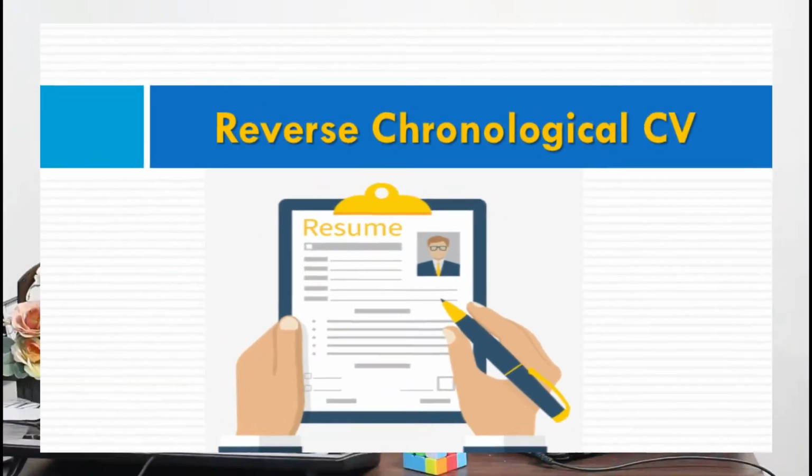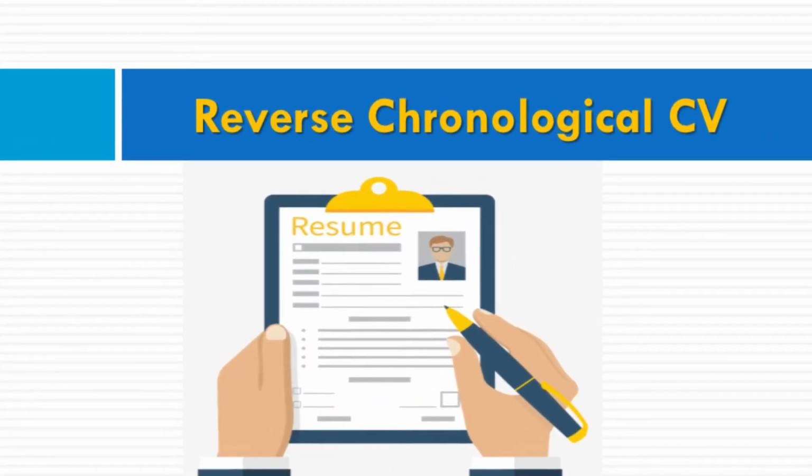So basically, there are two types of CVs. One is the reverse chronological order, in which, for example, what you're doing now is on the top, and then subsequently what you did 2 years ago comes, and it goes in a reverse chronological order fashion. The second type of CV is a skills based CV.